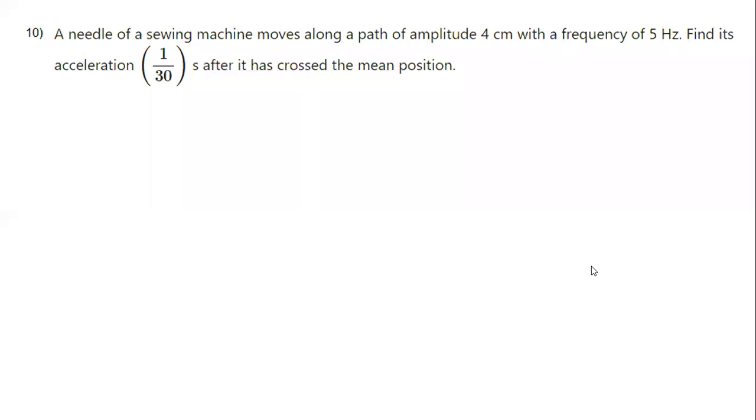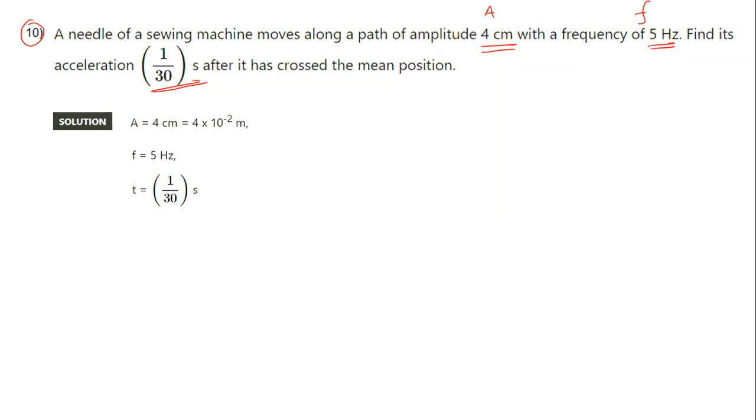Now question number 10 from the exercise. A needle of a sewing machine moves along a path of amplitude with a frequency 5 Hz. Find its acceleration 1 by 30 seconds after it has crossed the mean position. Means time is given. Now let me list all the given parameters. So these are the given: amplitude, frequency and time. And you have to find out